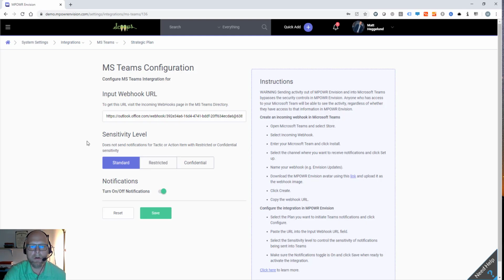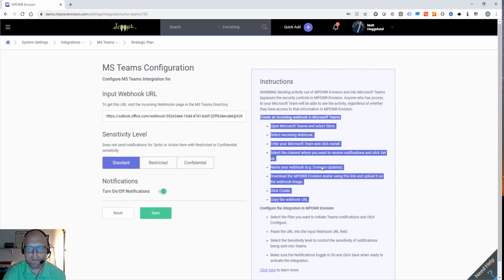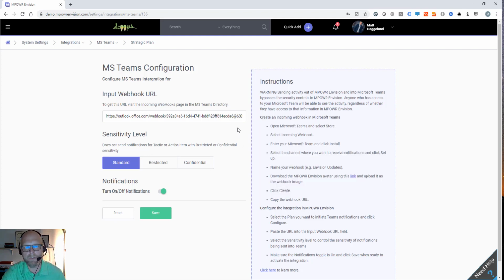And from here, when you get to this page, this webhook URL is going to be empty. What you're going to need to do is, over here on the right, we have some instructions. These sets of steps are what you'll need to do in Microsoft Teams in order to get this webhook. Essentially, you will copy the webhook that it gives you in Teams, and you'll paste it into